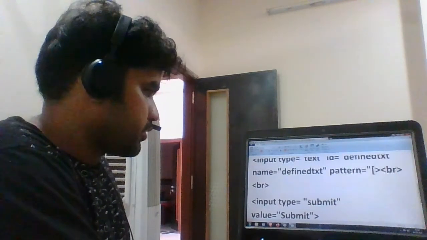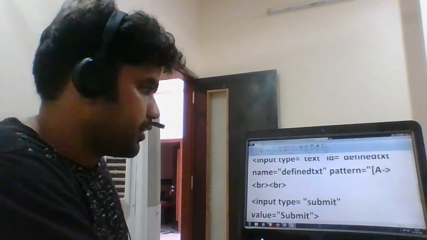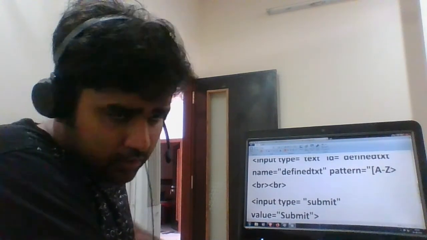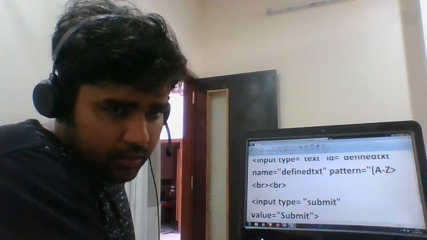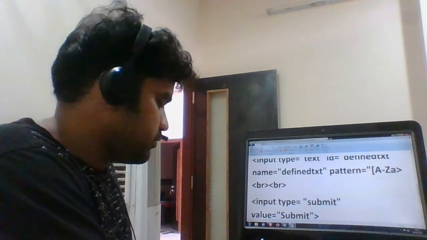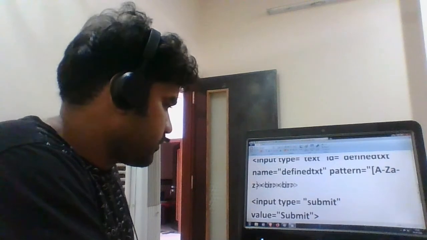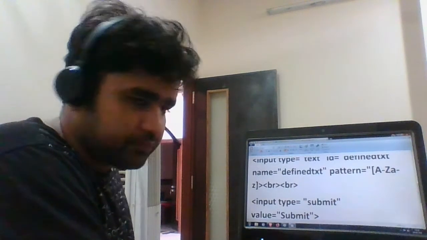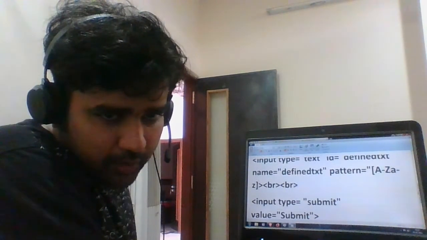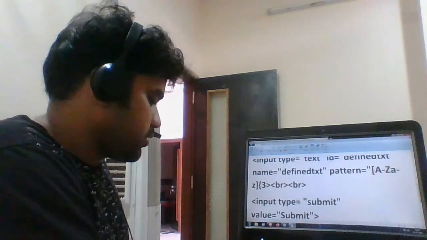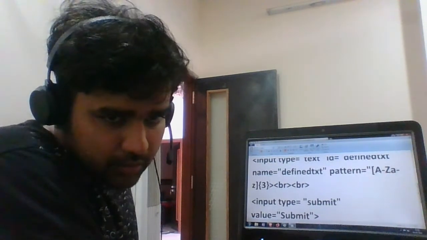So in the square brackets, I'm going to define capital A to capital Z, then small a to small z, and then close the square bracket. Also define how many of these are going to be there. So 3 are going to be there,